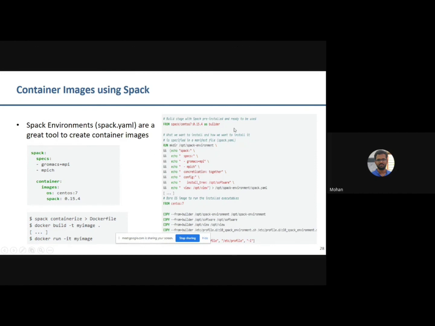Spack generates the Dockerfile from the spack.yaml file information. Once you have a Dockerfile, it is very easy, if you have Docker installed in the system, to run the application without much time and effort. You can simply run docker build -t target my image. Then it runs, and it takes you to the interactive mode where you can pass